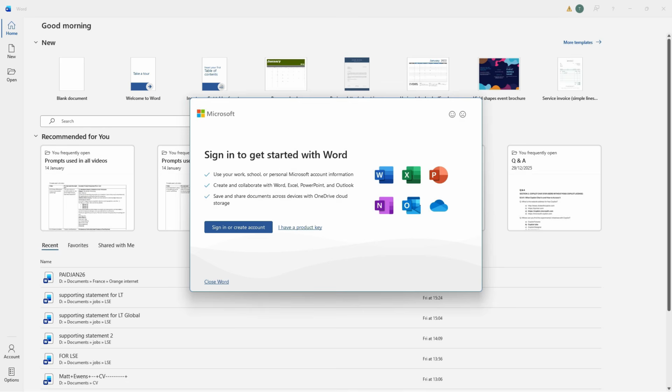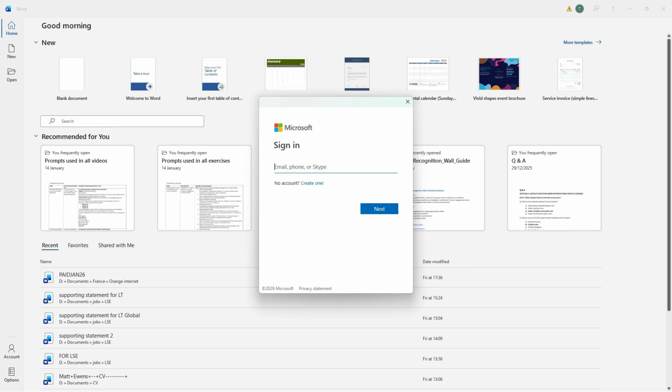Now, the first thing that I'm going to do is open up Microsoft Word, the desktop application. And if you do likewise, you may well experience the same pop-up window that appears, which is encouraging you to sign in. So if you see this message, make sure you select the blue Sign In button and then enter your account credentials. Make sure that you enter your work email and then click on the Next button and then